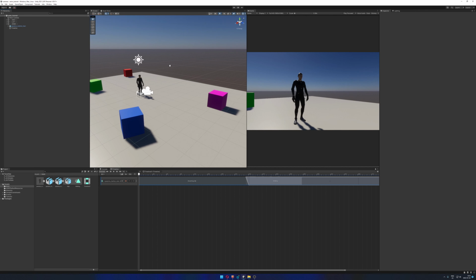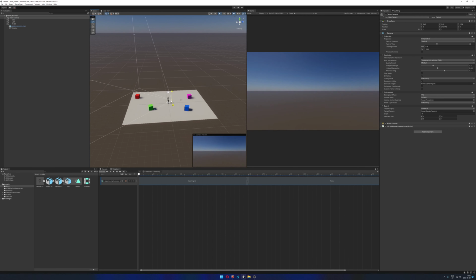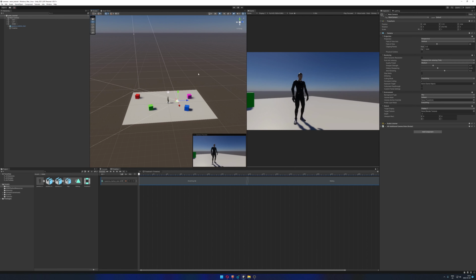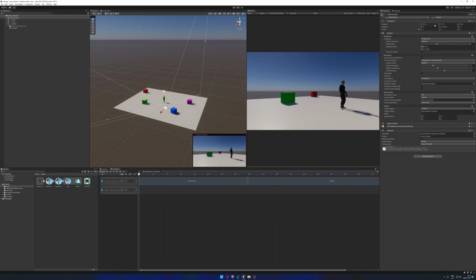Of course, you can animate cameras in Unity by hand, right? You can do hand animated cameras as you do in any 3D software, just by taking the camera, framing your shot in the way you want, and creating an animation track, and then you could just add keyframes as you want, right? So you can say,